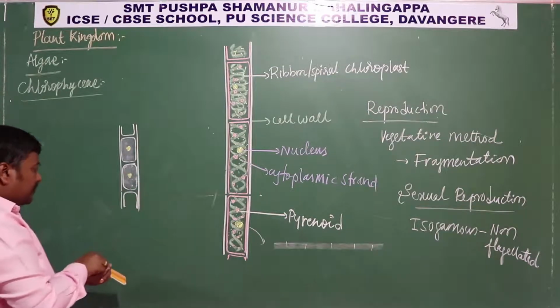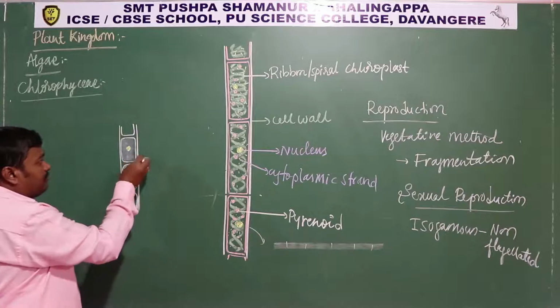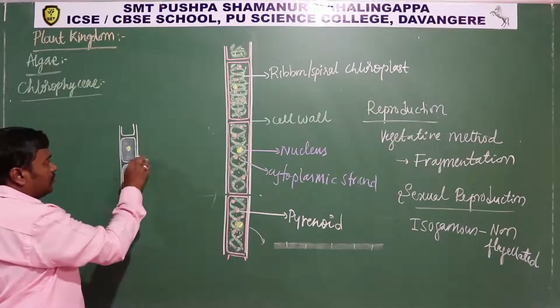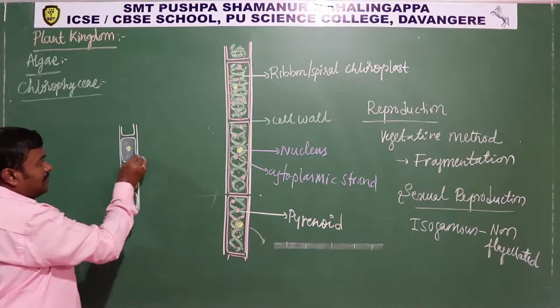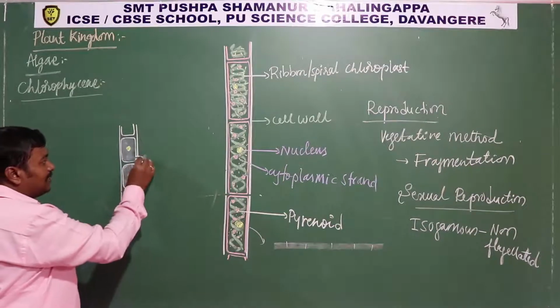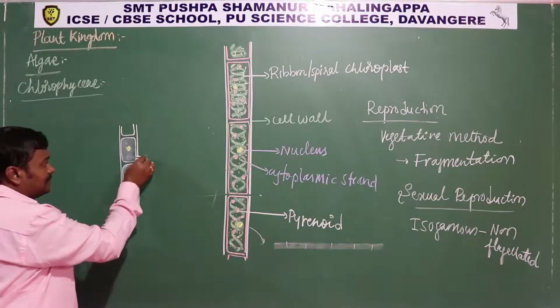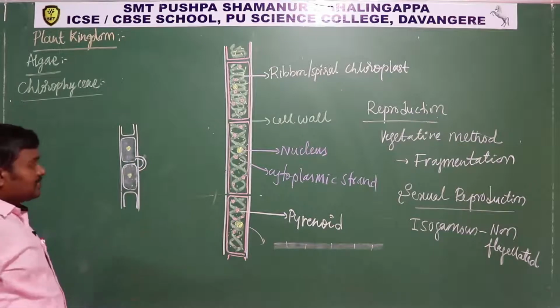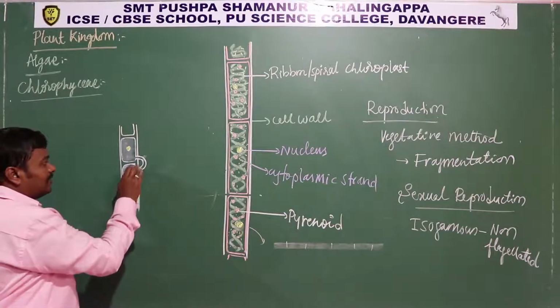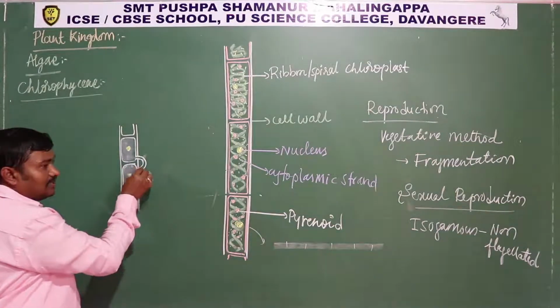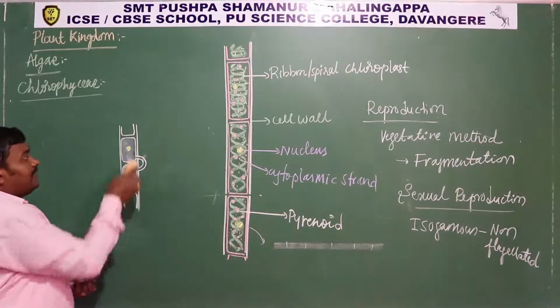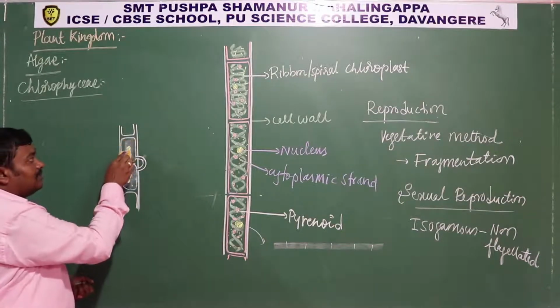So during sexual reproduction, there will be a formation of an outgrowth here. An outgrowth is formed like this. This outgrowth reaches this one like this. When it reaches and dissolves the cell wall, the content of the cell,